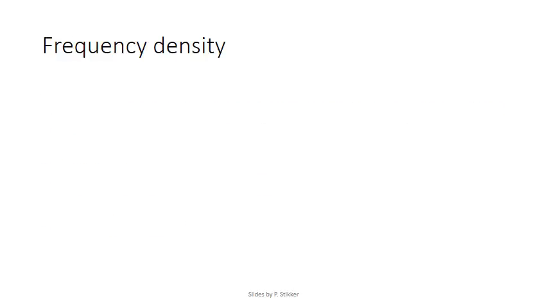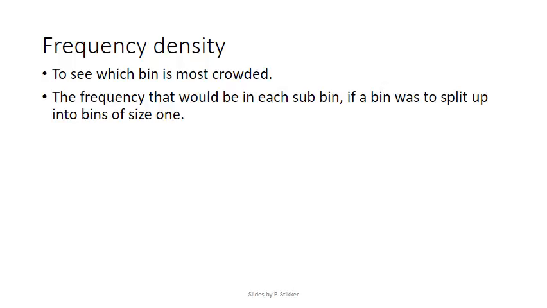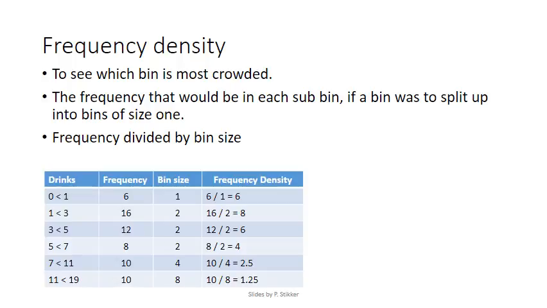To quickly recap what frequency density was, it was used to see which bin is most crowded and is the frequency that would be in each subbin if a bin was actually split up into these subbins with a size of 1. It's calculated by taking the frequency and dividing by the bin size. So here's an example where, for example, 8 people scored between 5 but under 7. And the bin size is the 7 minus the 5 to get actually 2. And the frequency density is then the frequency divided by the bin size, 8 divided by 2, in this case